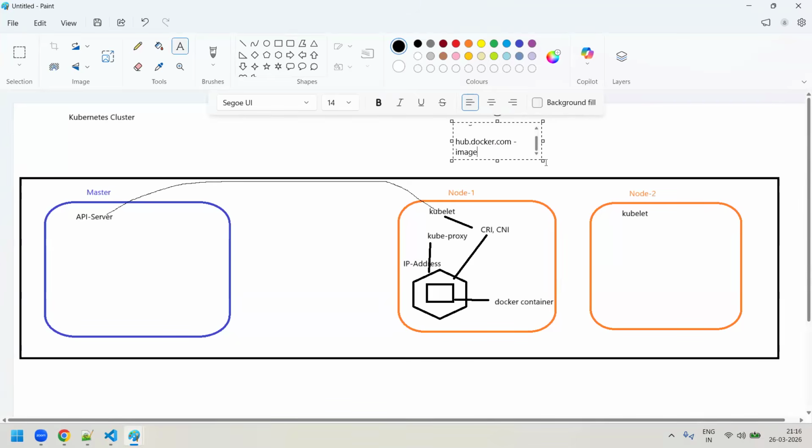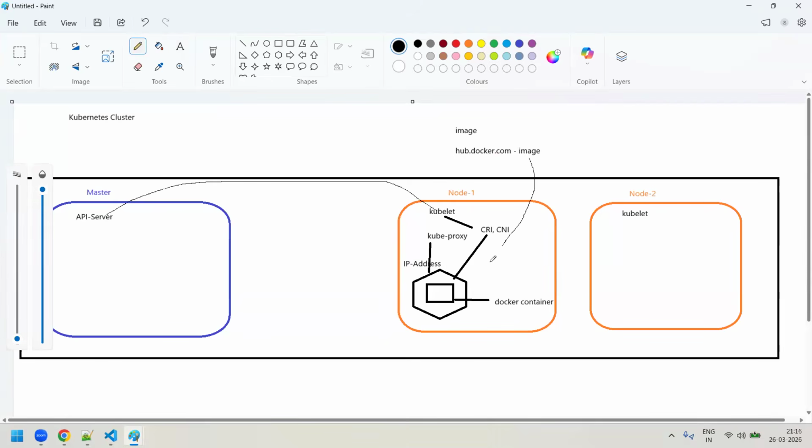So ultimately, during the creation of this pod, the image will be pulled from hub.docker.com, loaded into a Docker container, and Docker will take care of running your application inside this container. It loads that image and tries to run it actually,